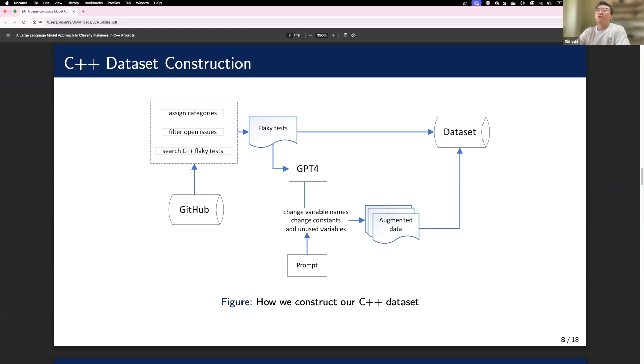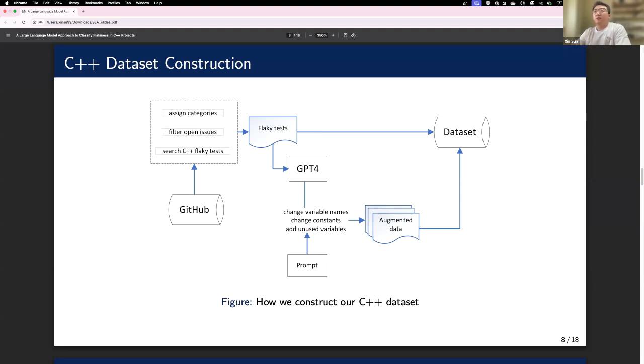It helps us avoid possible data leakage, since these closed issues might have their code publicly discussed or fixed, and they can also be included in the training data of those large language models.